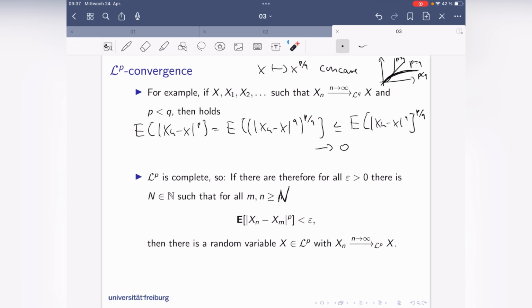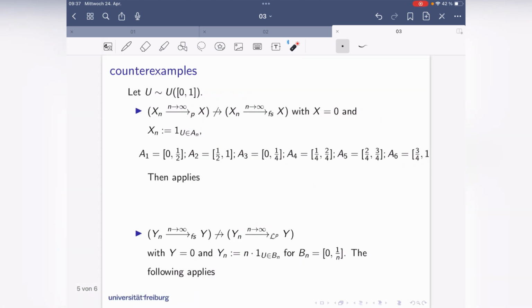And that's true for these LP spaces, which I'm not going to explain too much here because I rely on your knowledge from measure theory. Let's give some examples. Well, let's give an example here. So examples and counterexamples. So what do we have here?